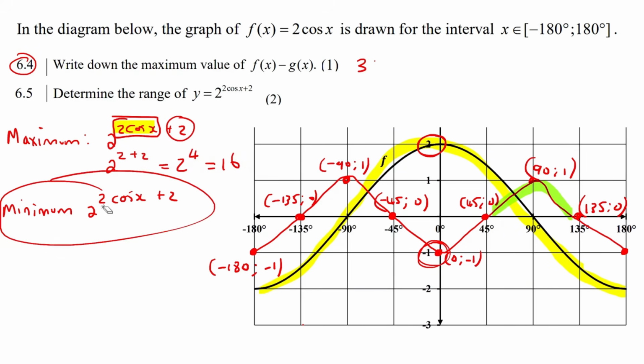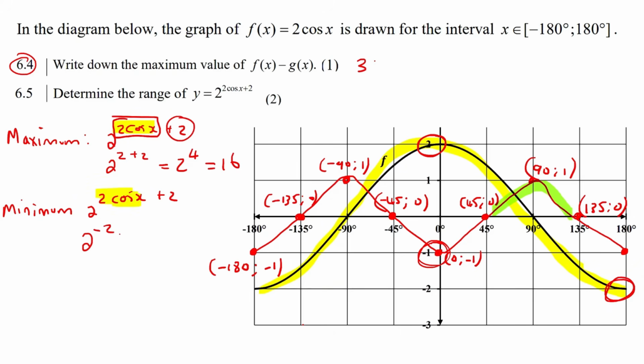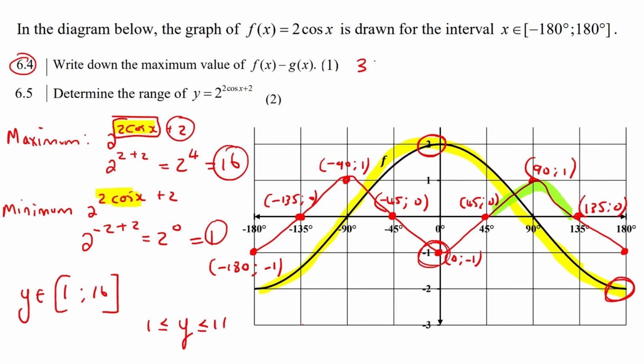Now, if we look over here, what is the minimum value that 2 cos x could be? What is the lowest value you see? Well, I can see it comes all the way down here to minus 2. So we could change all of that to minus 2, and then you still have plus 2. That's going to give you 2 to the 0, which is 1. And so the range is going to be 1 to 16. But the proper way to write it would be like this if you are doing interval notation, or you could do it as that if you're doing